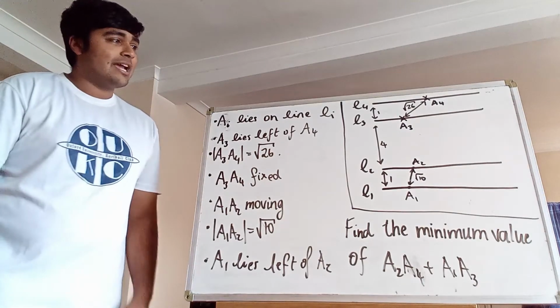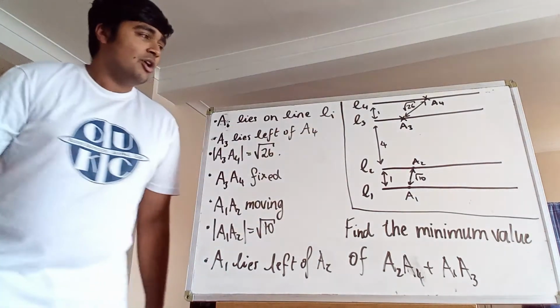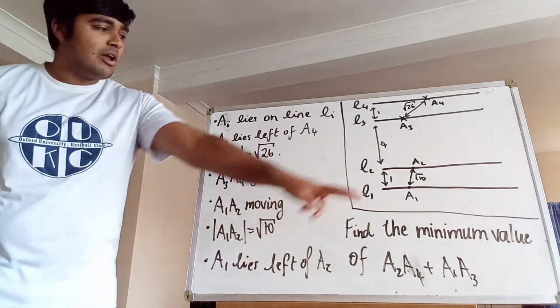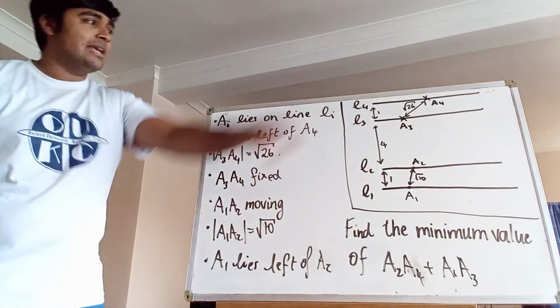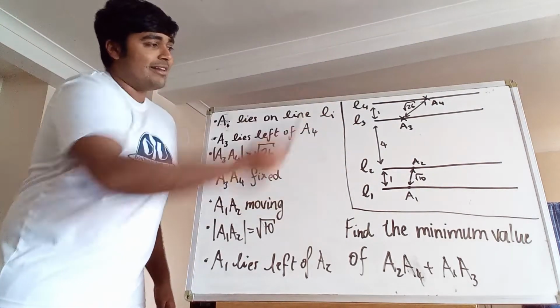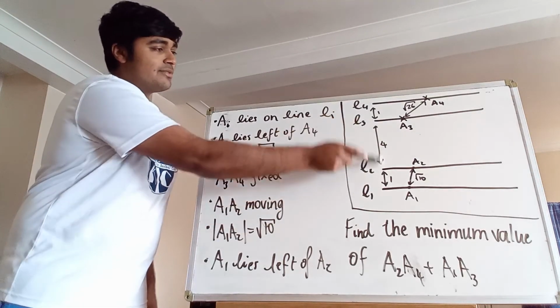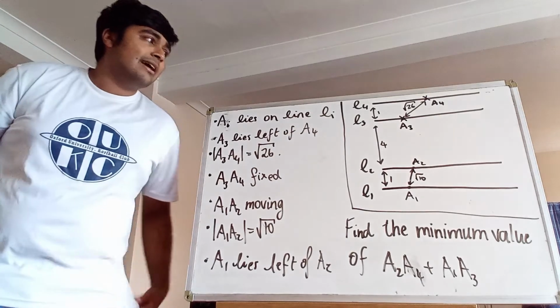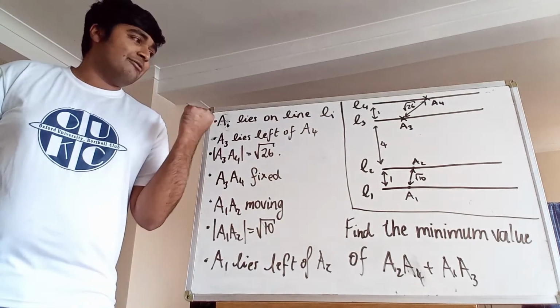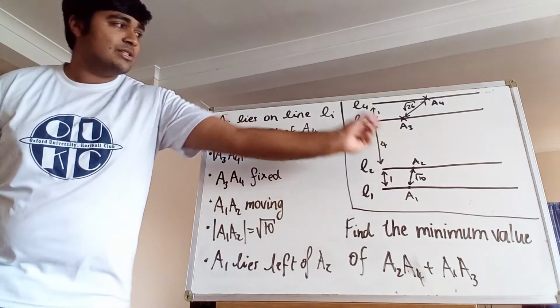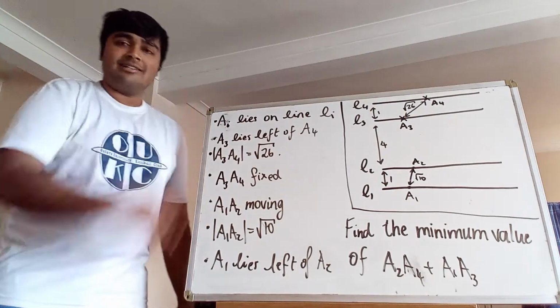This is the problem we have for today, and I've drawn a little sketch of the setup over here. So we have 4 lines, L1, L2, L3, and L4, and they're all parallel to one another, and the distance between L1 and L2 is 1, between L2 and L3 is 4, and the distance between L3 and L4 is 1. Now, we have 4 points, Ai, so A1, A2, A3, and A4, and Ai lies on line Li